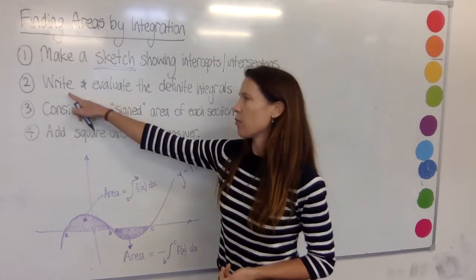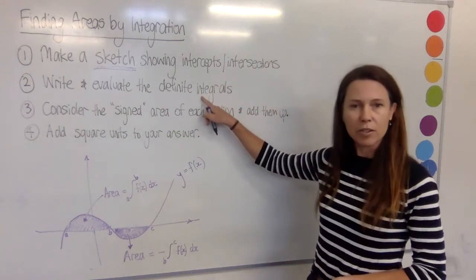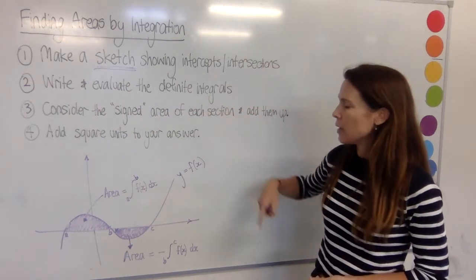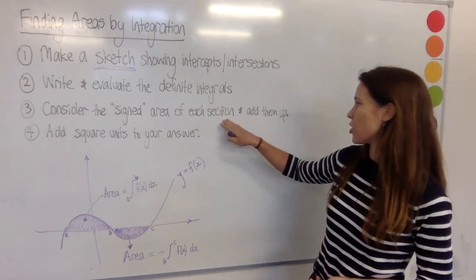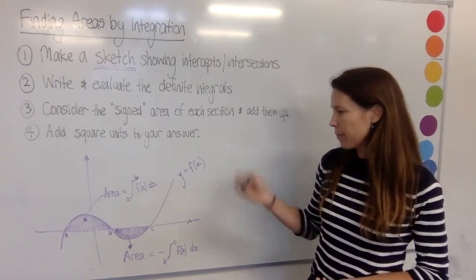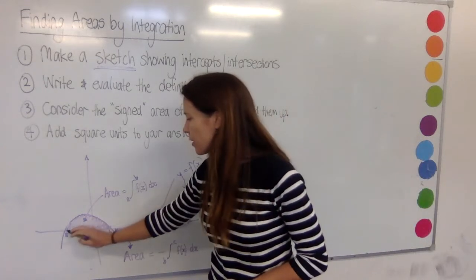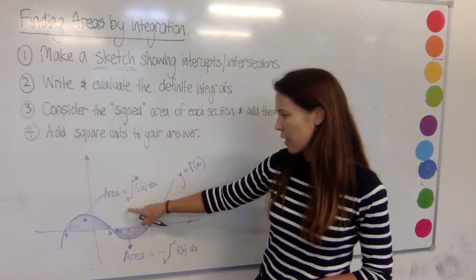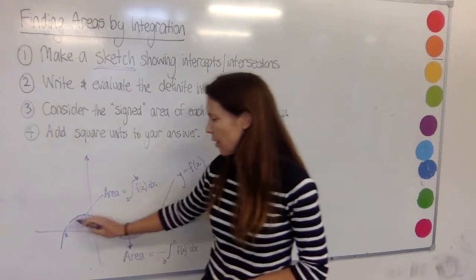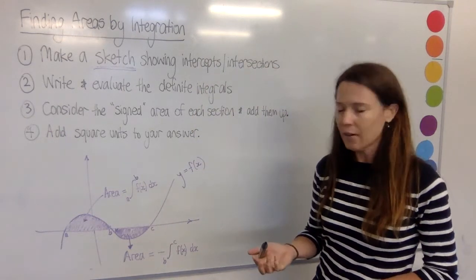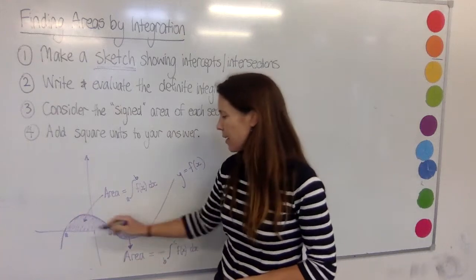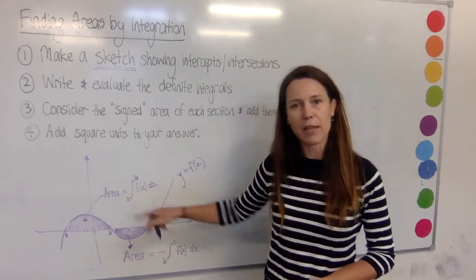So, second step, write and evaluate the definite integrals that you'll need to find. Now, number 3 is consider the signed area of each section, and then add them up. Of course, when I find the definite integral here from A up to B, that will be the exact same number as the number of units squared of the area. So all I need to do is take that number that the definite integral gives me, and that is the